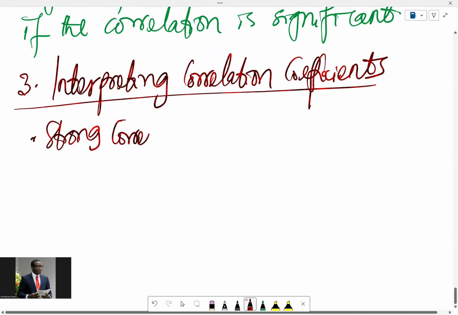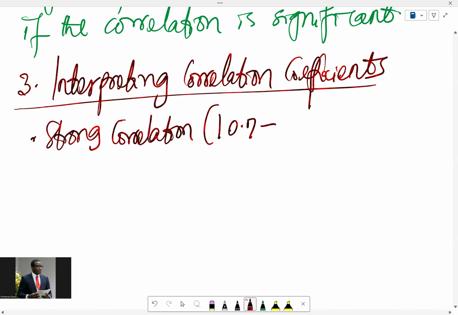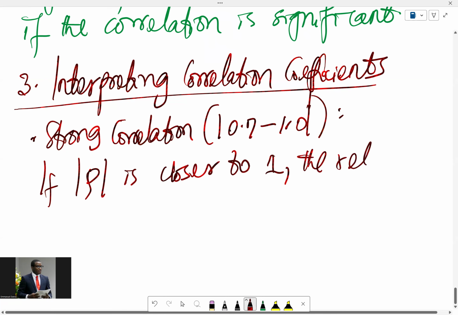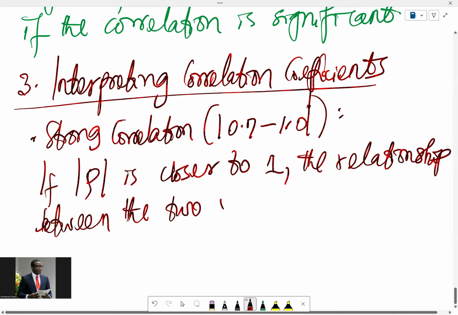That's something between 0.7 and 1.0. If the absolute value of rs, or rho, let me use rho in this case, is closer to 1, the relationship between the two variables is strong,